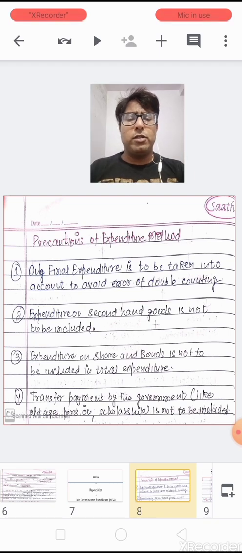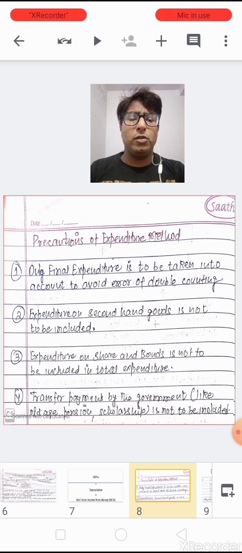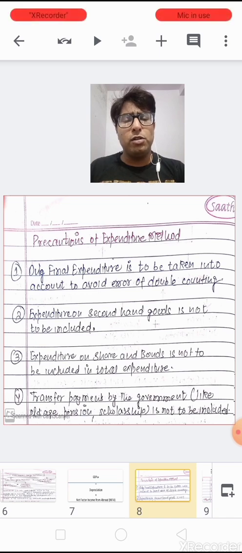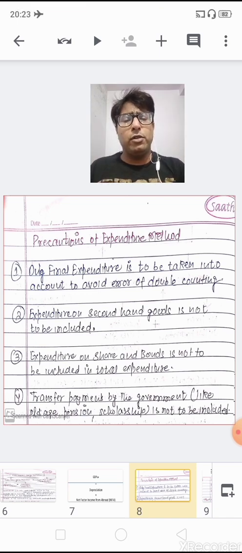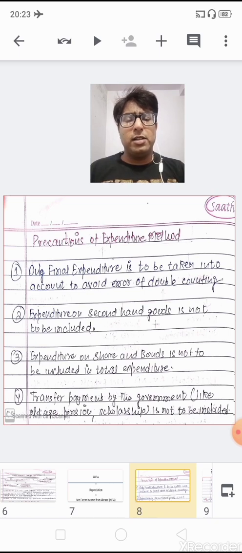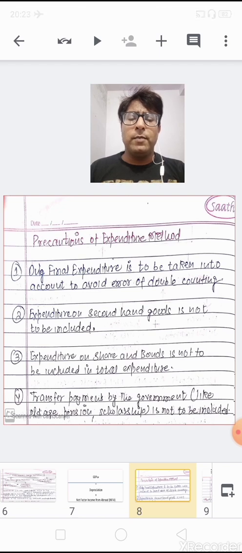Now the second precaution says that expenditure on second hand goods is not to be included, because the value of second hand goods is already calculated in the year when they were produced. This I already explained to you in the first two methods, when explaining the precautions of calculating national income either by the value added method or the income method. Now the third precaution says that expenditure on shares and bonds is not to be included in total expenditure,